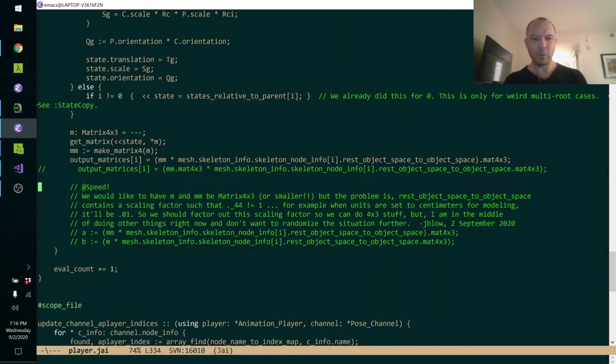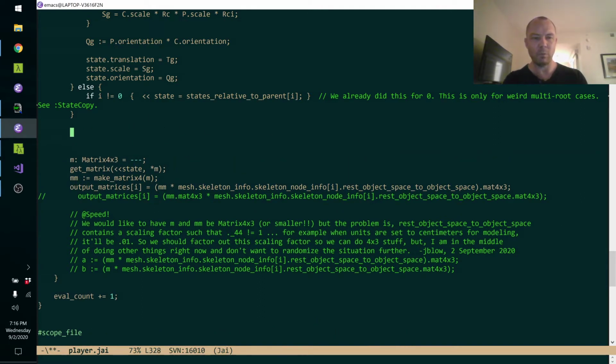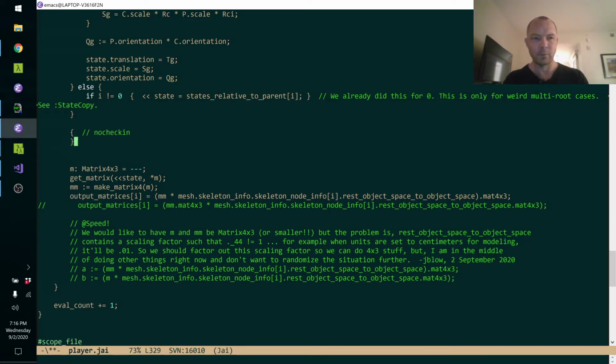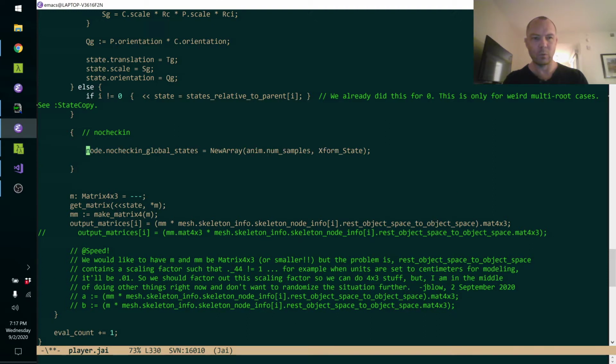Here, down here, we've computed our final matrix, except we don't really want this part. And in fact, we don't want this part. We just want to see this state that we've computed, right? Okay. We want to, whoops, I'm starting to type C++. We want orig state is, well,